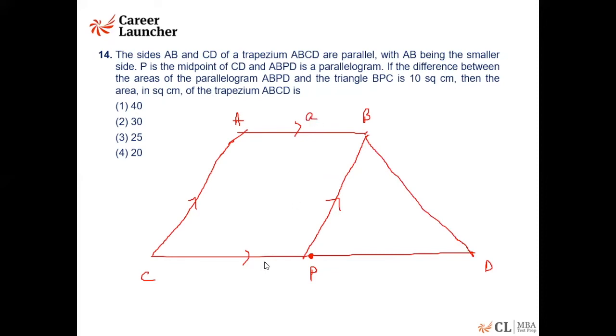So if this is A, this has got to be A, this is also got to be A. So I can see very clearly in this that if this area is A, this area has to be equal to 2A, because you got two identical triangles, right? So this will be A, this will be A. That's how this becomes this. So the area of this trapezium is going to be 3A, if this is equal to A, which implies the answer has to be 30.